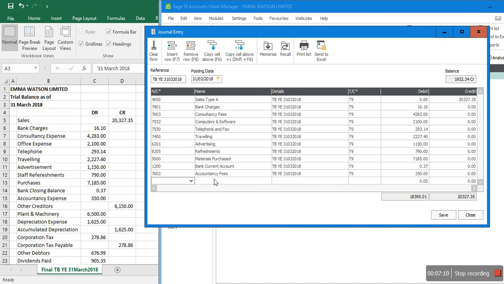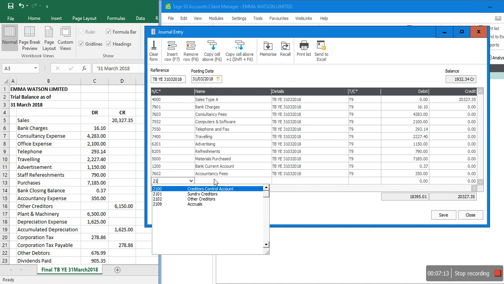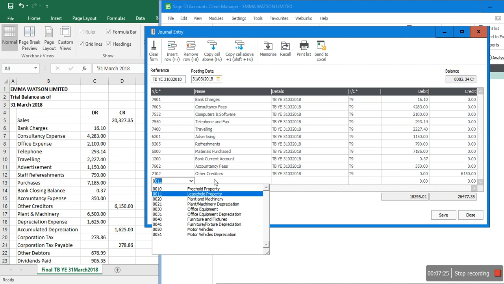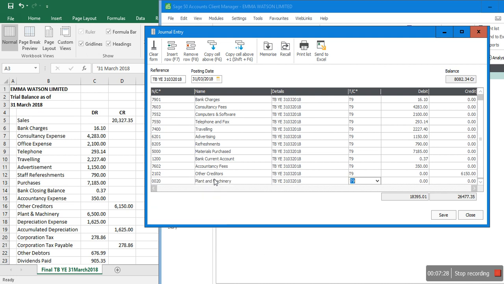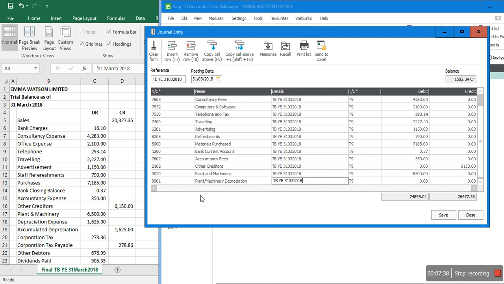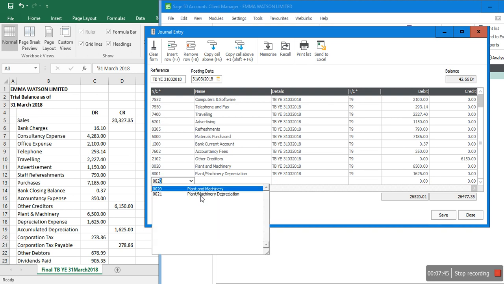Next one is other creditors, which is 2100, 2102. Other creditors, which is 6150. Then we have plant and machinery, starting with 0. Plant and machinery 6500, original cost. Then we have depreciation expense, plant and machinery depreciation expense, which is 1625. And then we have accumulated depreciation, starting with 0021,